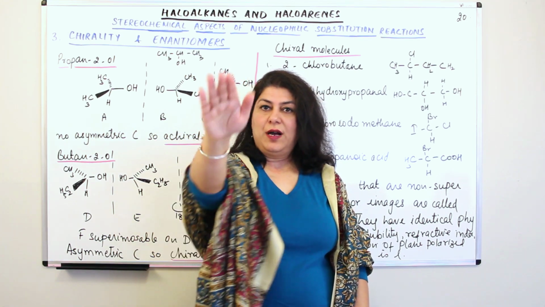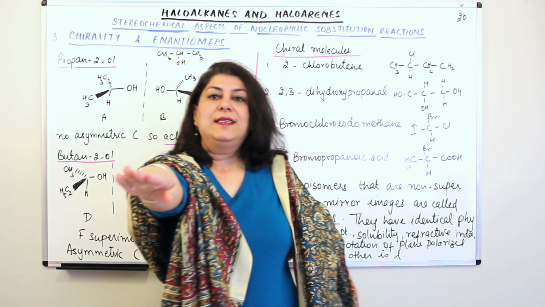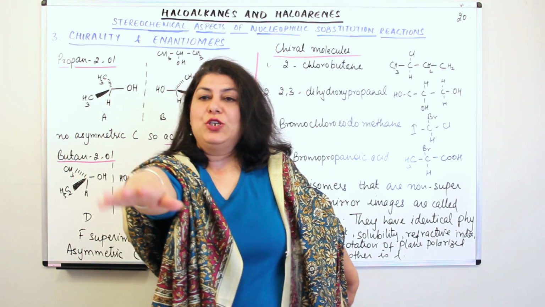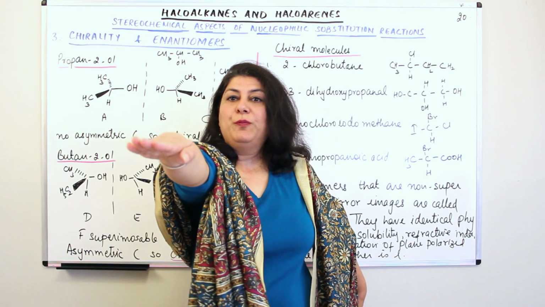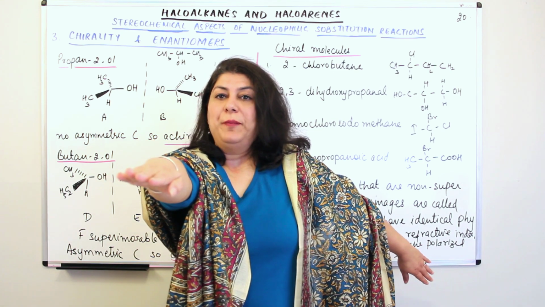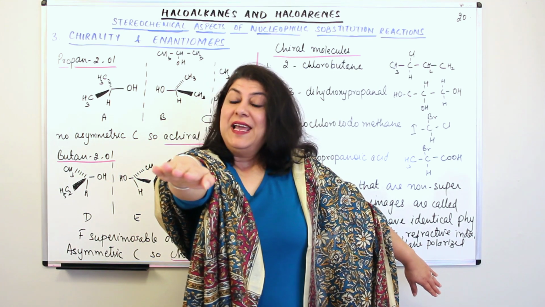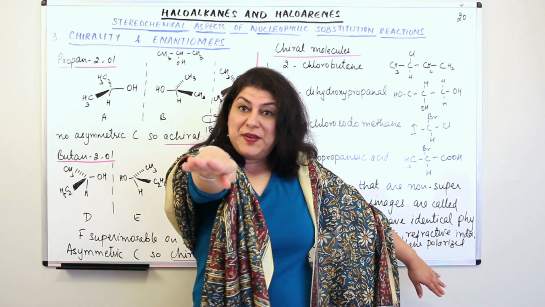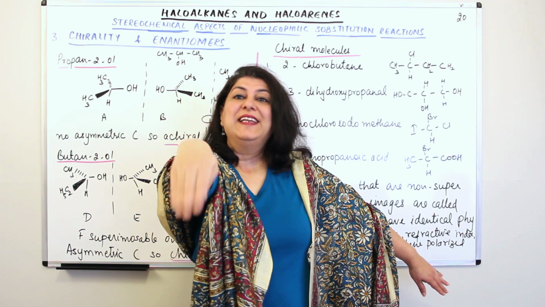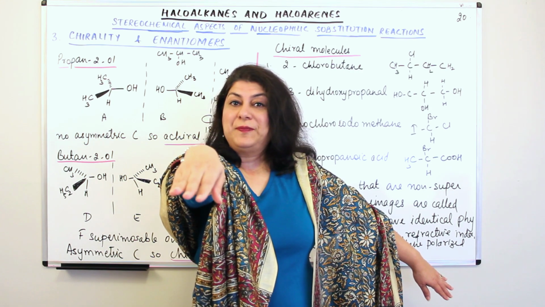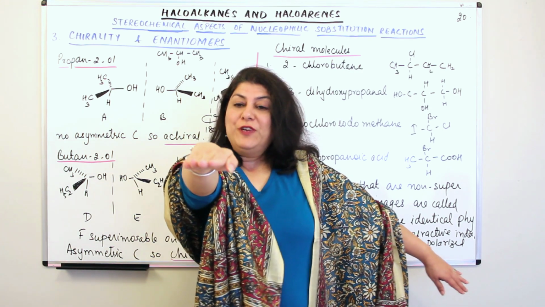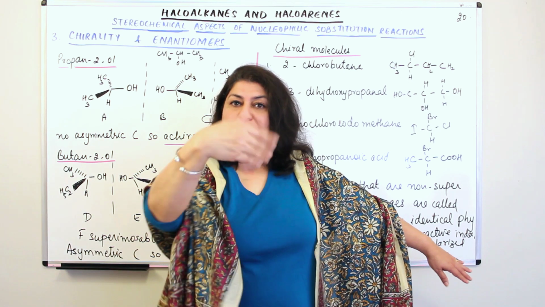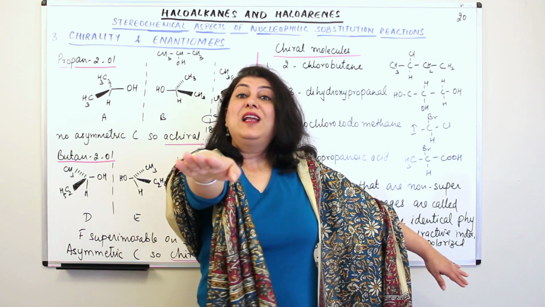This is my right arm, it is coming forward, and this is my left arm, which is going backward. So one methyl group is coming out of the board, one methyl group is going behind the board, right? But if I'm looking at myself in the mirror, this is the left hand. So the methyl group which is coming out of the board, in the mirror image, in the mirror, is the